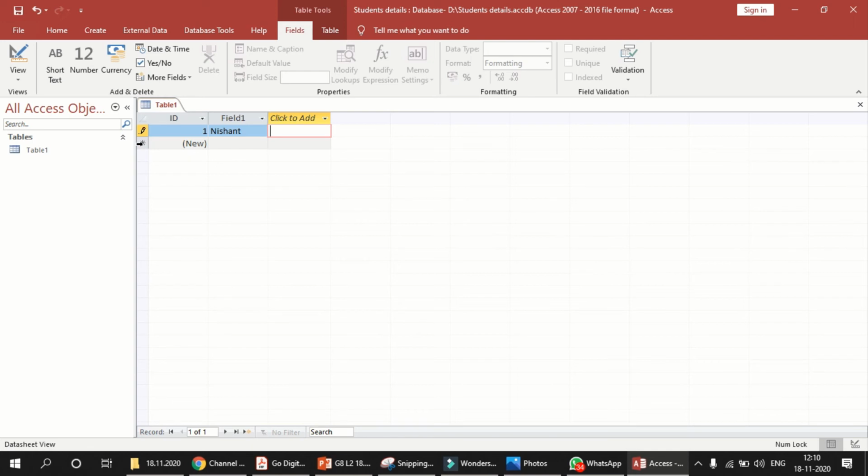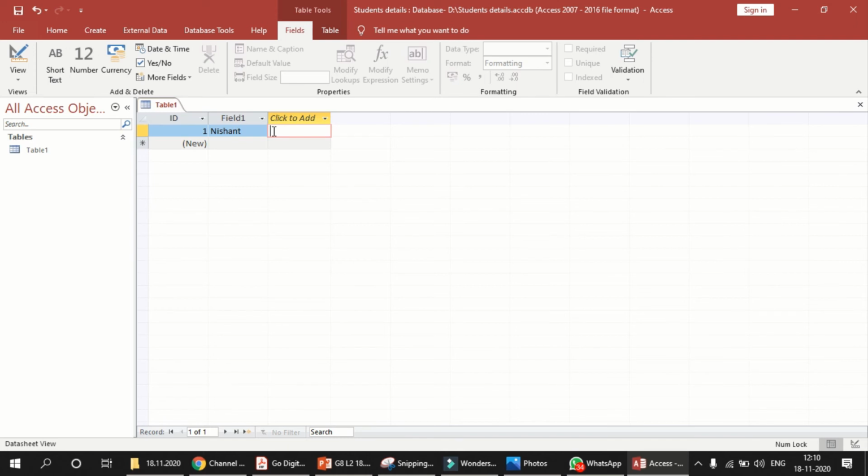Initially it was a star, and next it's changed to a pencil sign. Now you have to click this pencil icon. What is the use of this? It will save the record. Before you move on to the next, it will save the record. See, now this is saved.